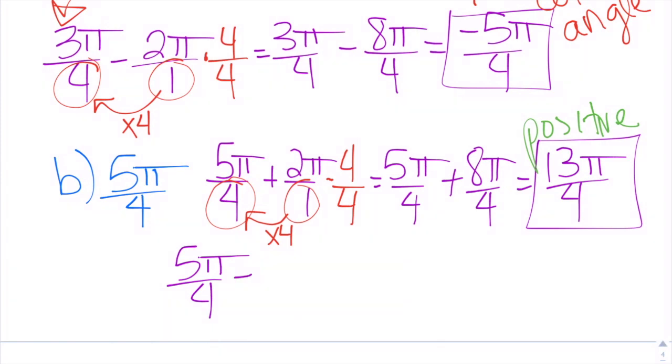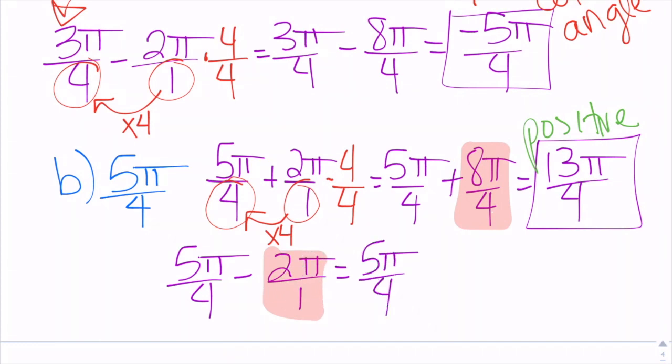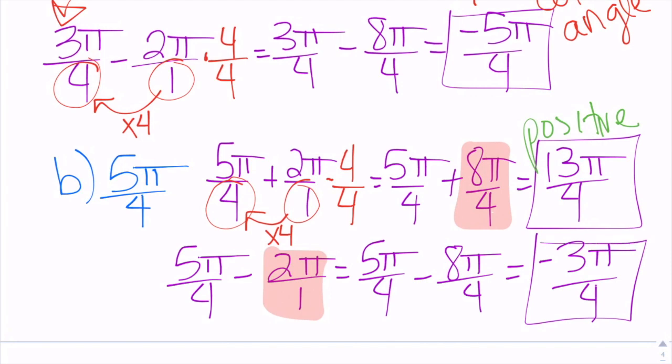Now we can find our negative by subtracting. So 5 pi over 4 minus 2 pi over 1. And so we can actually note that 2 pi over 1 is already 8 pi over 4. Those are the same, we already found that. So we can just say 5 pi over 4 minus 8 pi over 4 gives us negative 3 pi over 4. And this negative 3 pi over 4 is our